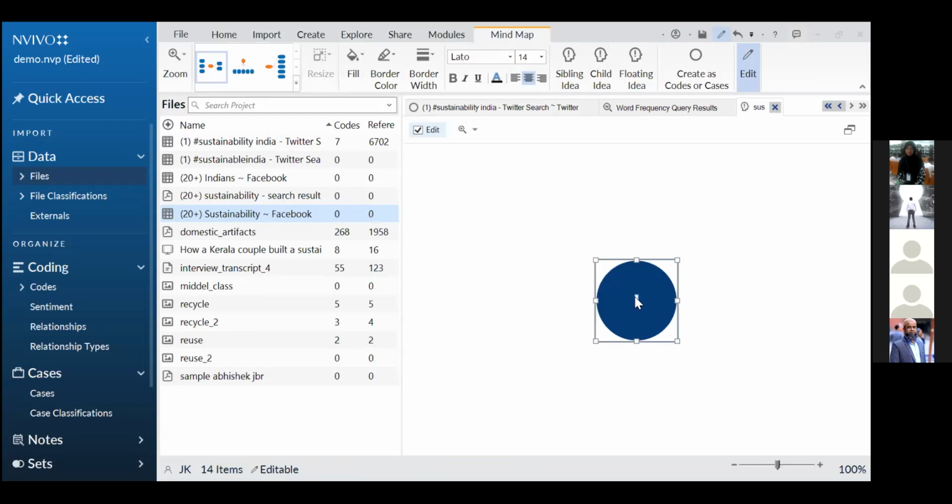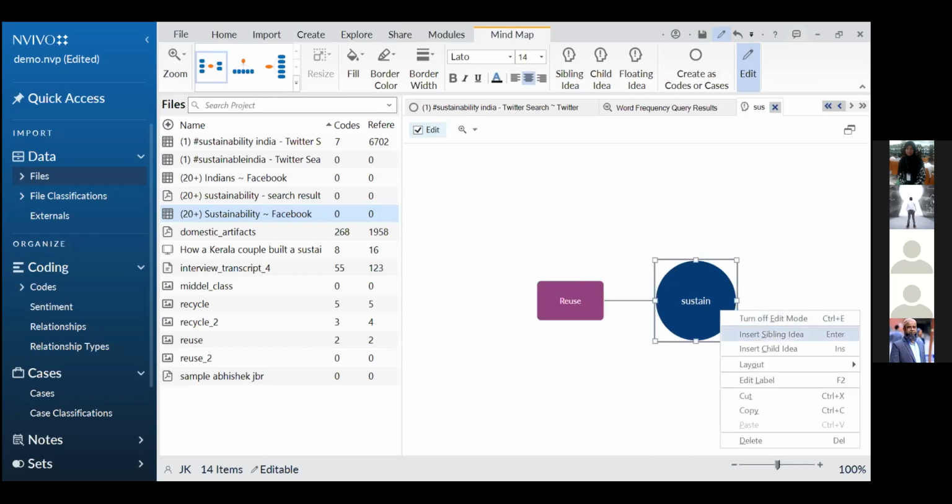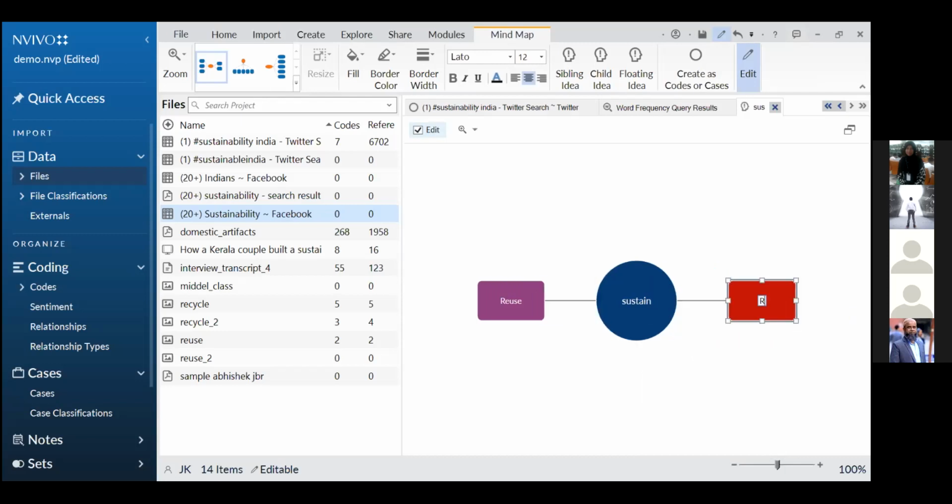I was working on a concept of sustainability. Sustainability was my concept, and I right click and inserted a sibling here. Now this is again from my understanding, because when you read theories they say that sustainability can be achieved through 3 initiatives: reuse, recycle,